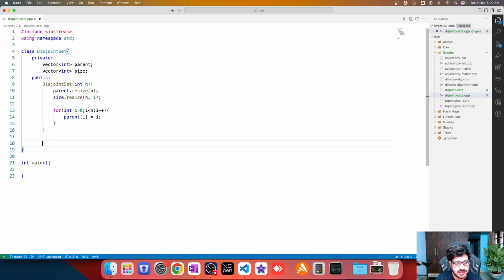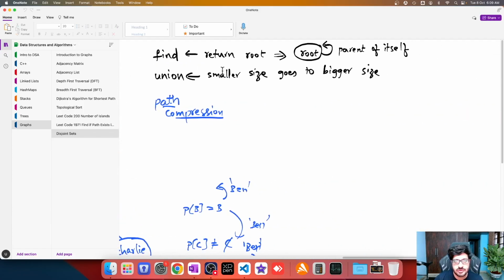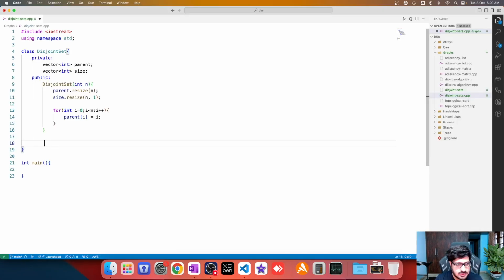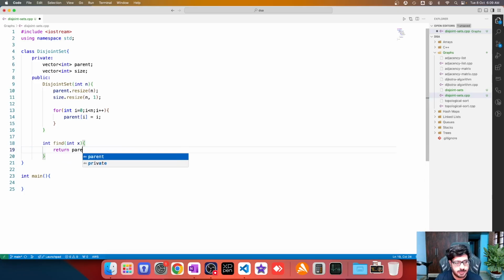Now let's implement the find method. So what do we need? For find, we are saying we need to return root. Root means parent of itself. So the find method will return int, which will be the parent, and this will take in a value. We are asking who is the parent of x. So we need to return parent of x,